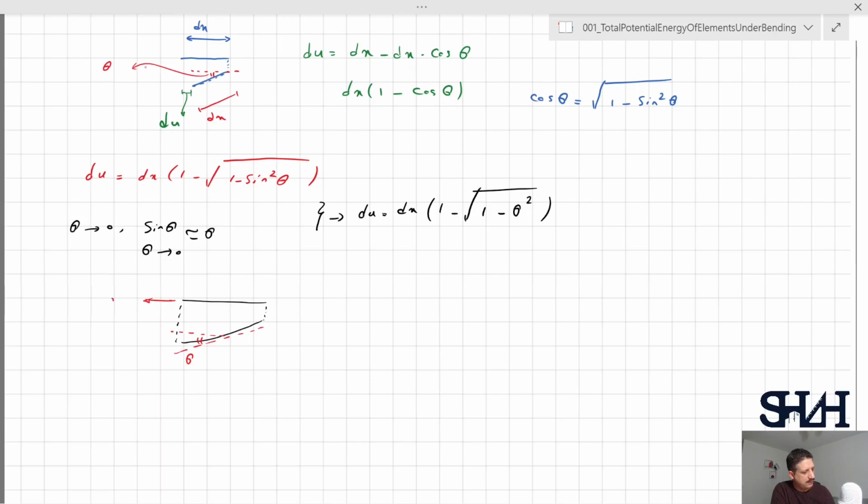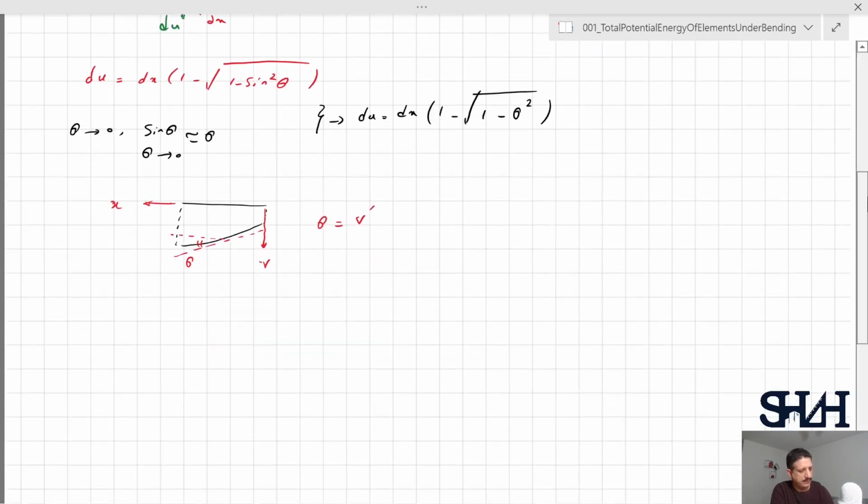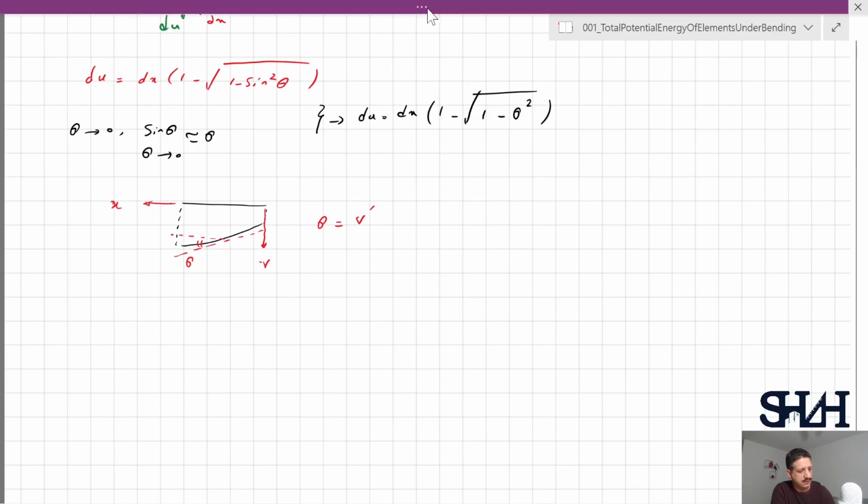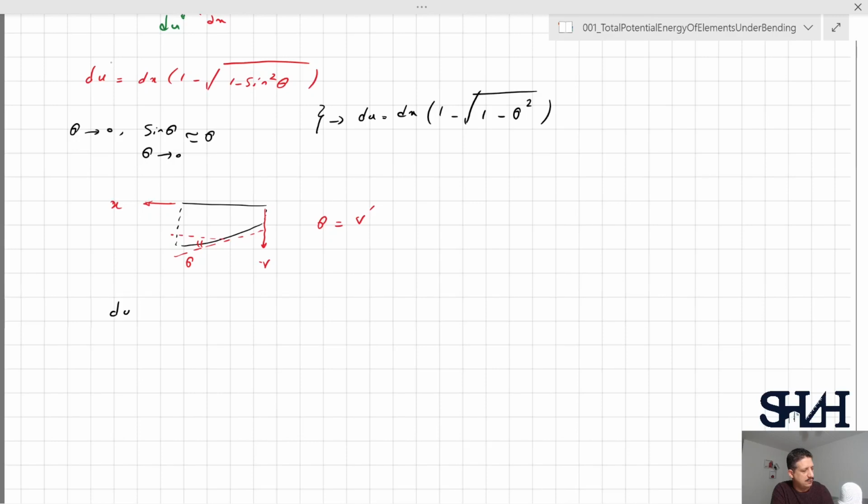If the longitudinal direction is x and the deflection is called v, then from the basics of mechanics we know that theta is always v prime. As a result, I can rewrite du as a function of v prime. So du will be dx times 1 minus the square root of 1 minus v prime